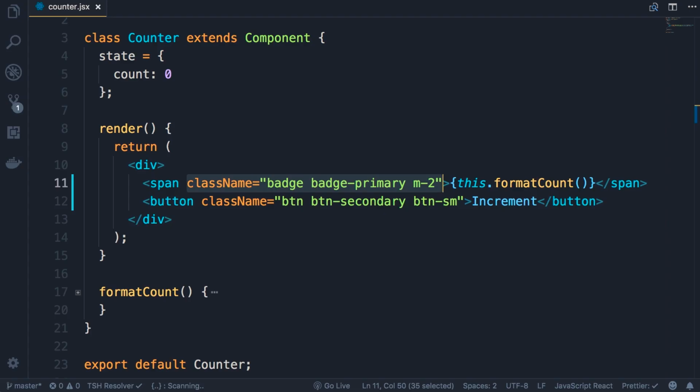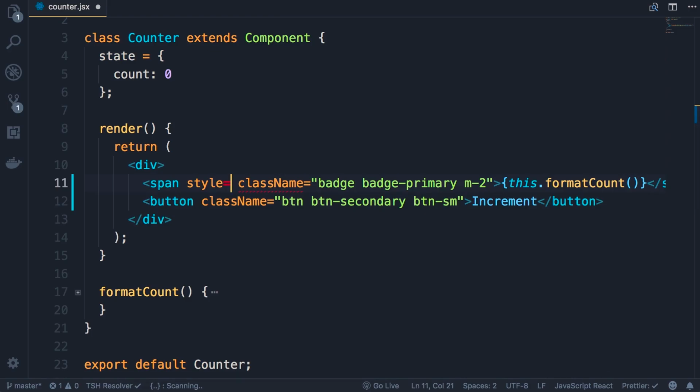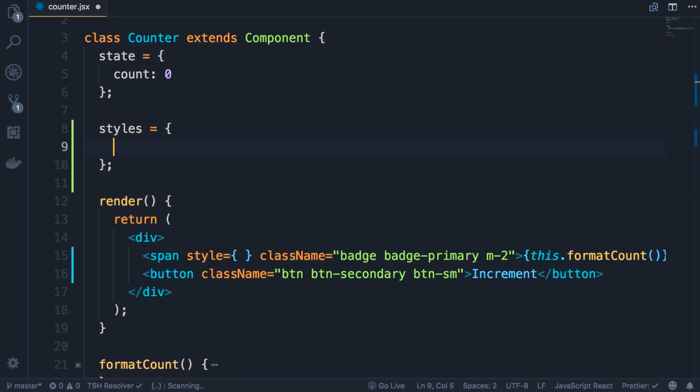may want to apply a style to a specific element. Now, in JSX, we have this style attribute that we need to set to a plain JavaScript object. So first we need to add curly braces here. Now, in between these curly braces, we need to pass a plain JavaScript object. Here's one way to do this. We can define a property, call it styles, set it to an object. The properties of this object are CSS properties in camel case notation. For example, fontWeight. So the first letter of the first word is lowercase, but the first letter of every